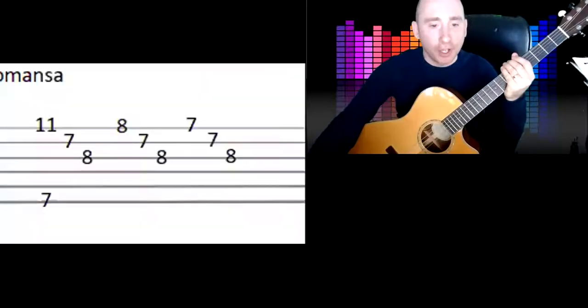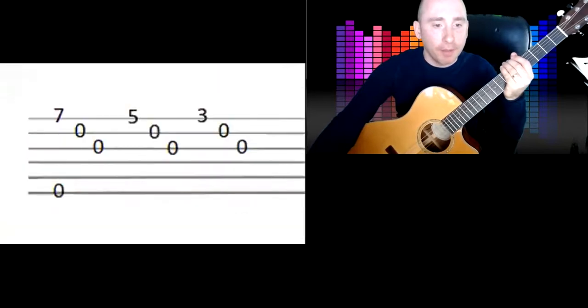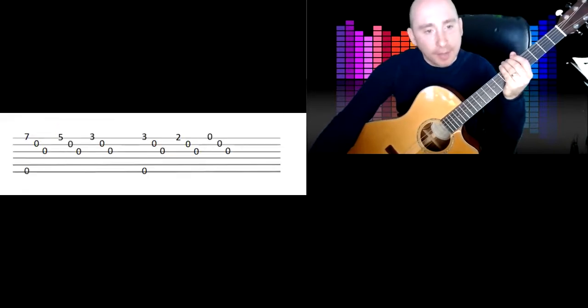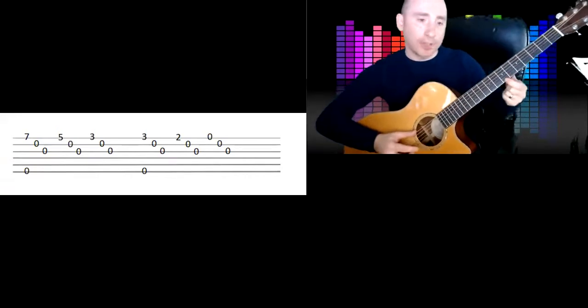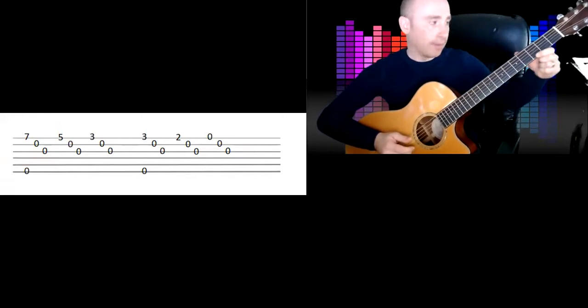So when you do this song, you only do that for a snapshot, so it won't hurt your hand. But if you're staying on it, learning it for like 10 minutes, your hand is gonna sort of seize up a little bit. So once you've learnt it, then you can just jump off and on it pretty quick. Alright, then we go back to the same as before in the first bit, where it goes with the same pattern. So 7, 5, 3, and then 3, 2,